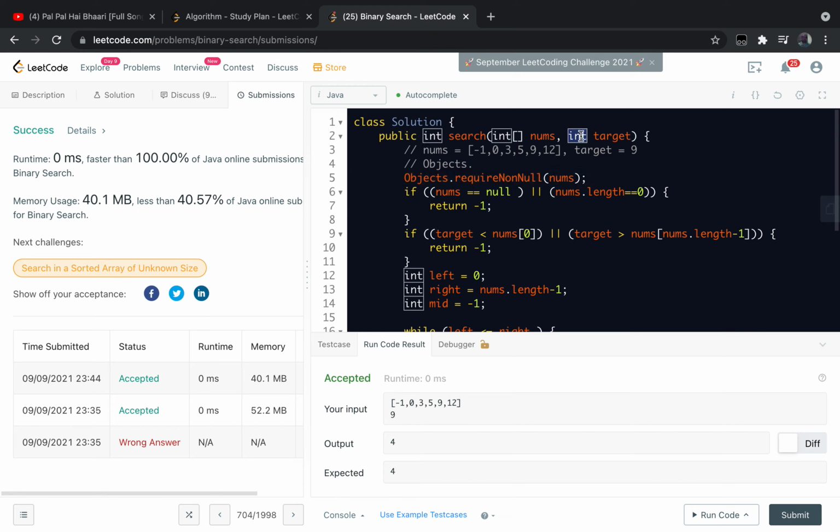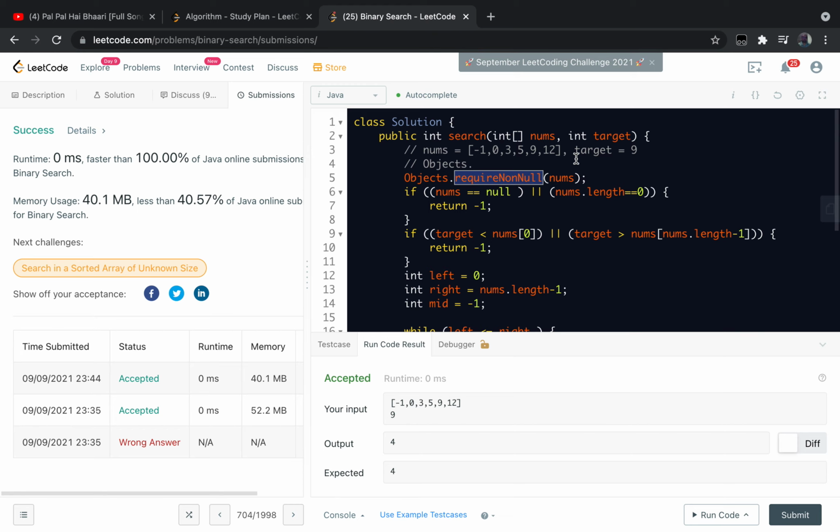For int we cannot pass null anyway, but for nums we can pass null, so you should check for that. In this case they say return -1, but generally the way you write your program,